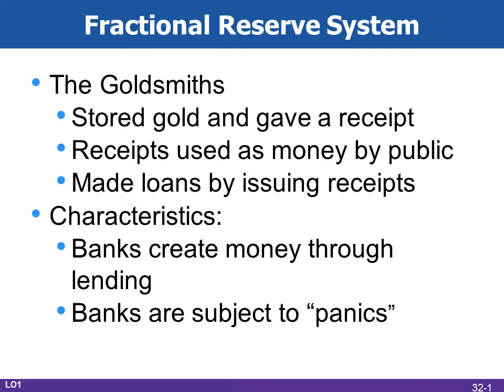right? You had to be intelligent because if the goldsmith started to create too many loans, right? So in our simple example, first there was $1 million worth of receipts, each backed by gold, right? Then the goldsmith made one loan for $100,000, so there's now $1.1 million worth of receipts and $1 million worth of gold. So back to that fractional reserve system. The question is, how far can the goldsmith push it without risking the possibility that all of the merchants who had deposited gold at his place of business all showed up at the same time demanding their gold?